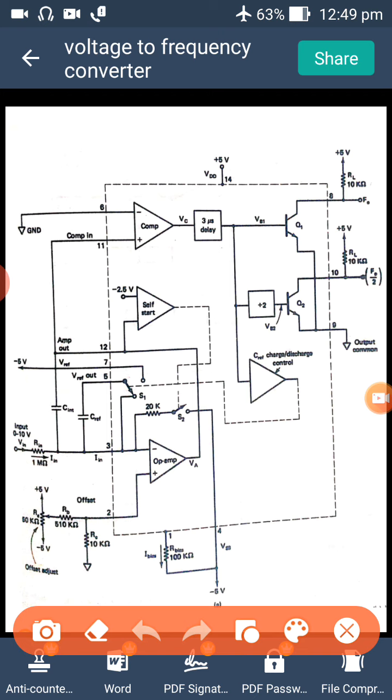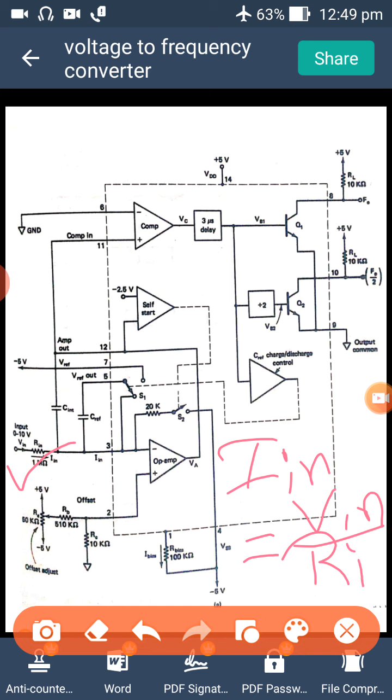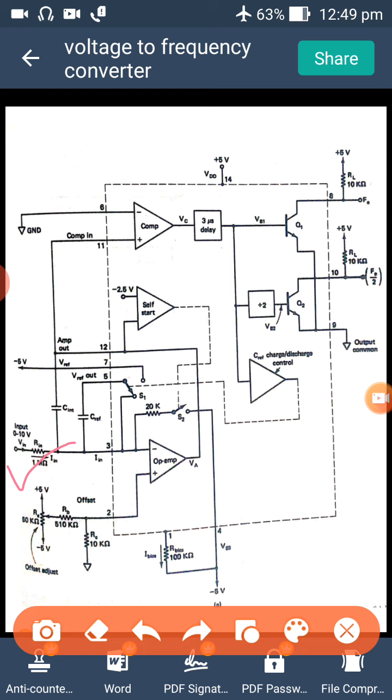Whenever we start to give the input, if I want to apply input current, here it is the input current, I in, right? How can I write this? I is equal to V divided by R, where V is V in and R is R in. Same we will be having here, right? Then if I apply the input current I in, which is nothing but V divided by R, what happens?